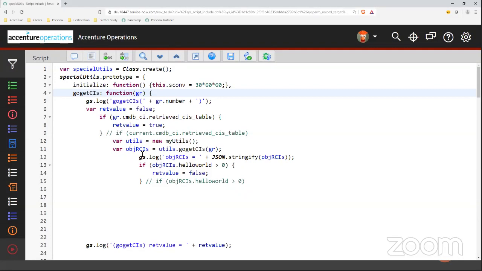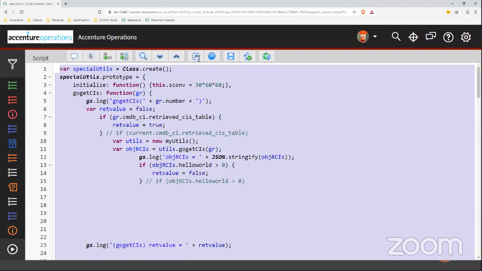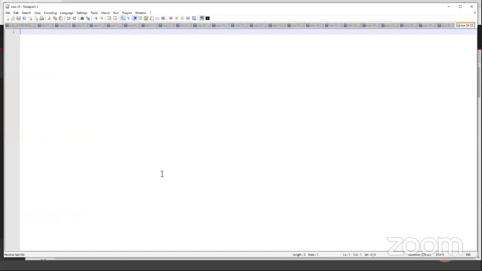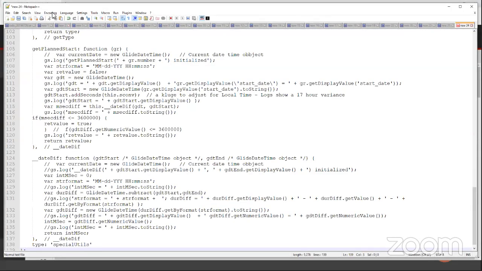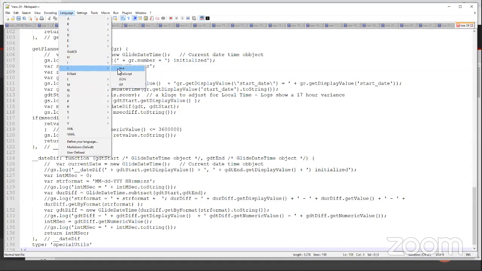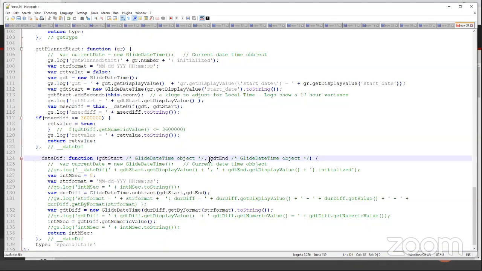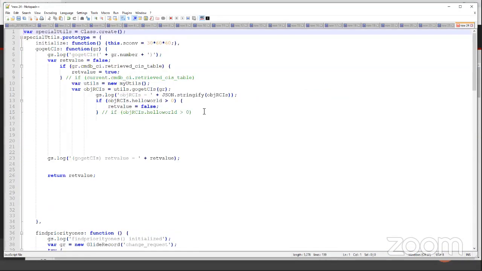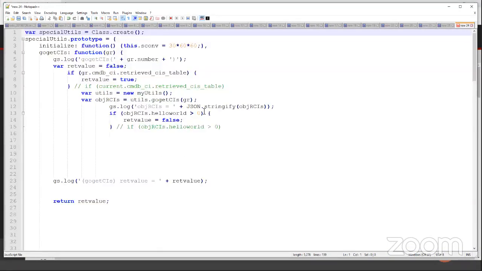But anyway, let me copy this out. Oops. And I'm going to put this in my editor. And I'm going to change the language over. This is just stuff with the JavaScript side. Now, one of the problems that the ServiceNow editor still has, even in New York, is that